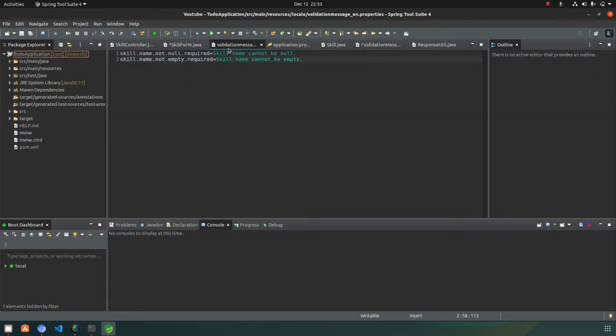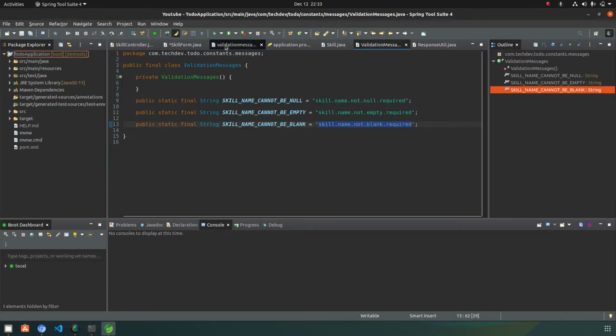Same, copy and paste the key in the validation message underscore en dot properties, and write the message that you want to pass to the user using that key: skill name cannot be blank. Save this and save the validation messages.